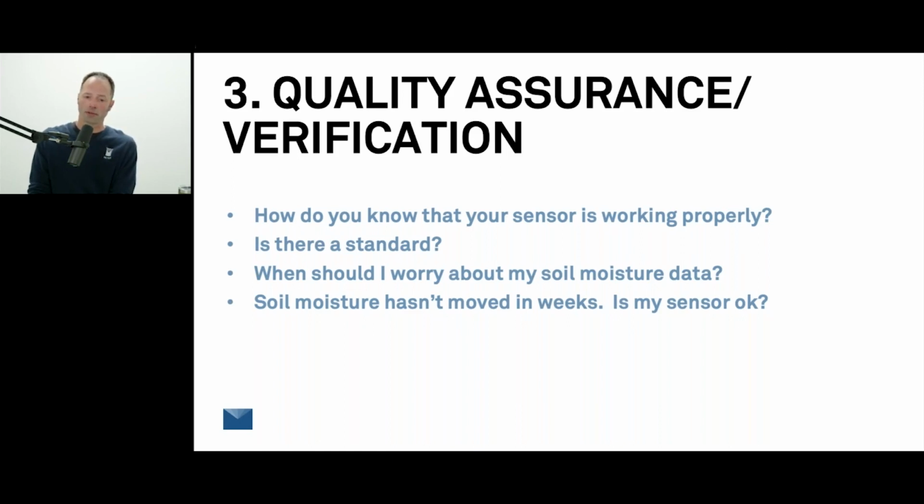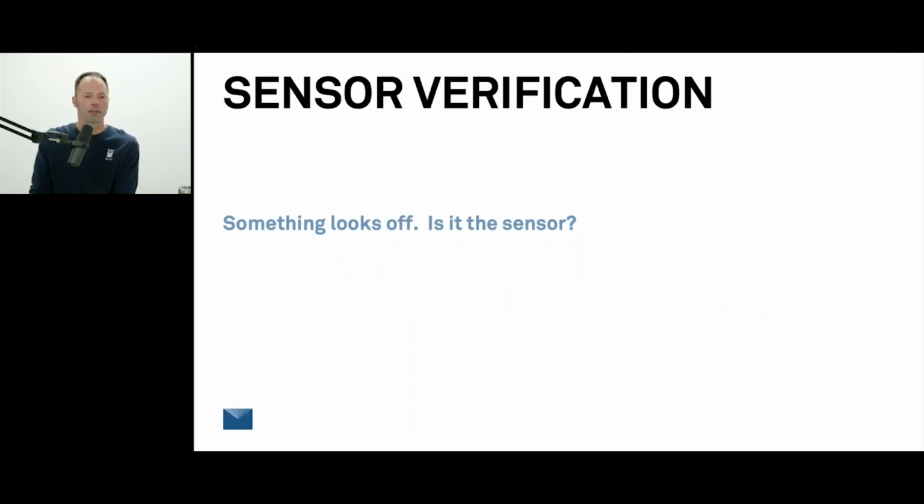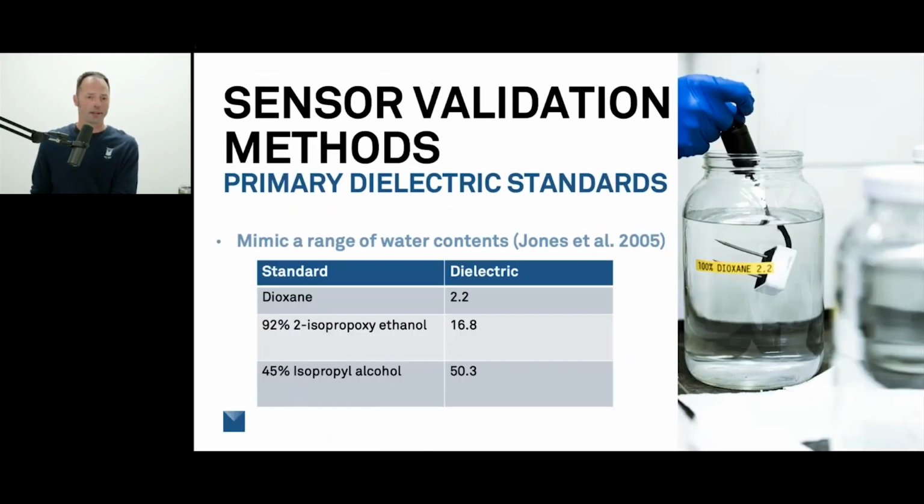When should I worry about my soil moisture data? And one of the questions, a specific example that we'll look at later, is my soil moisture hasn't moved in weeks. Is my sensor working properly? So sensor verification. If something looks off, how do I know whether or not it's the sensor? The surest way, nobody likes this answer, but the surest way to know is to dig the sensor up and test it in some known